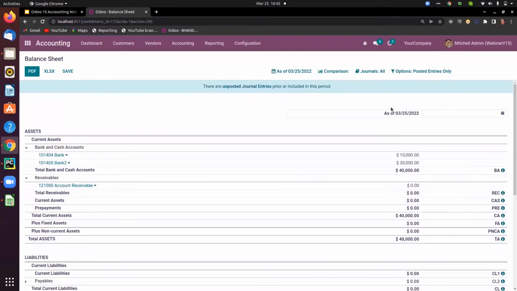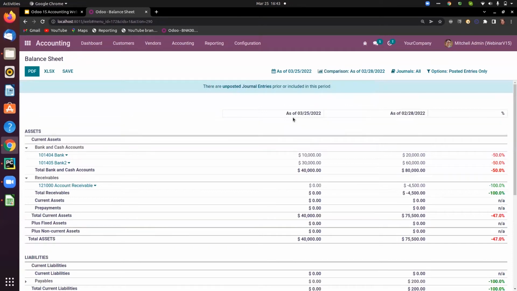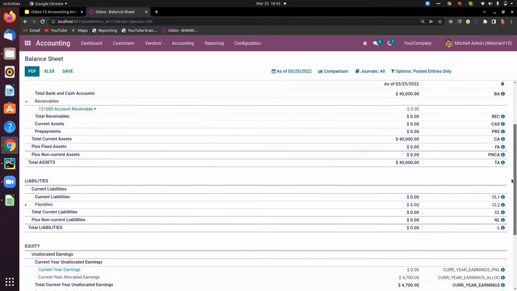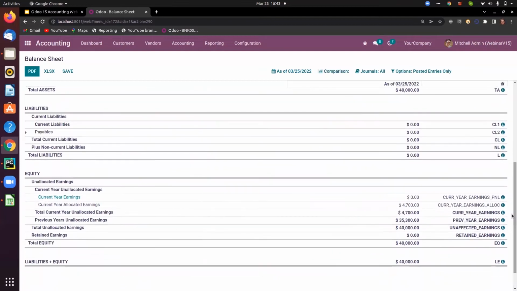And I can also compare this with the previous period or the same period last year as well. Okay, so using the previous period, I can compare the data. Before getting to it, let me show you one more thing. So here you will have